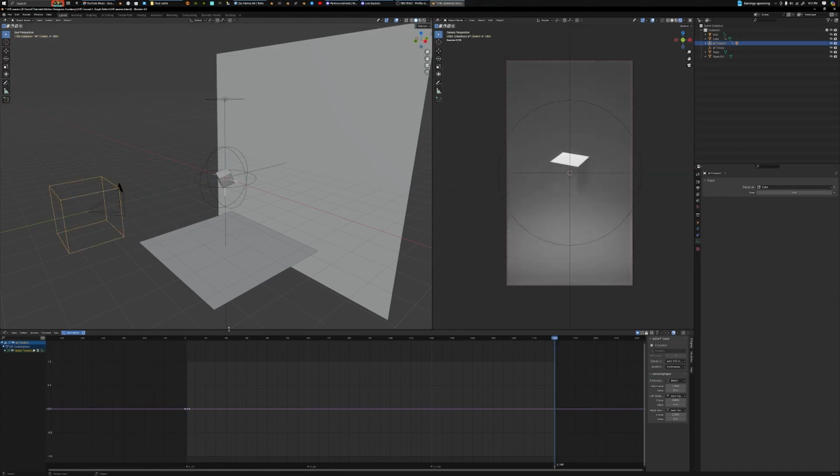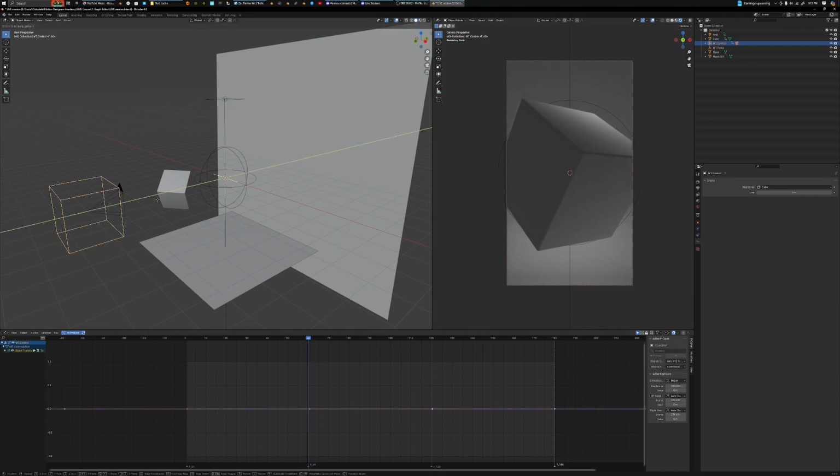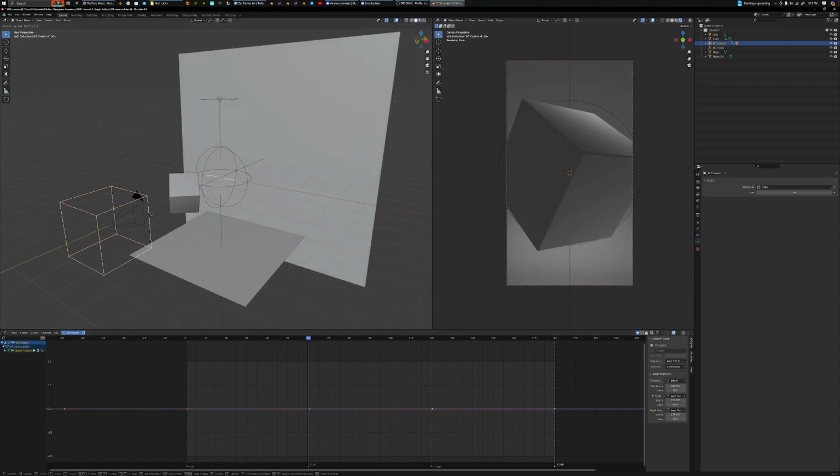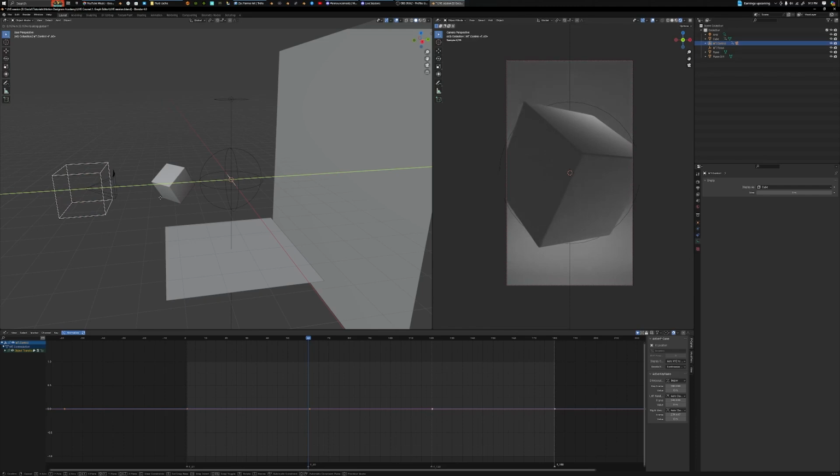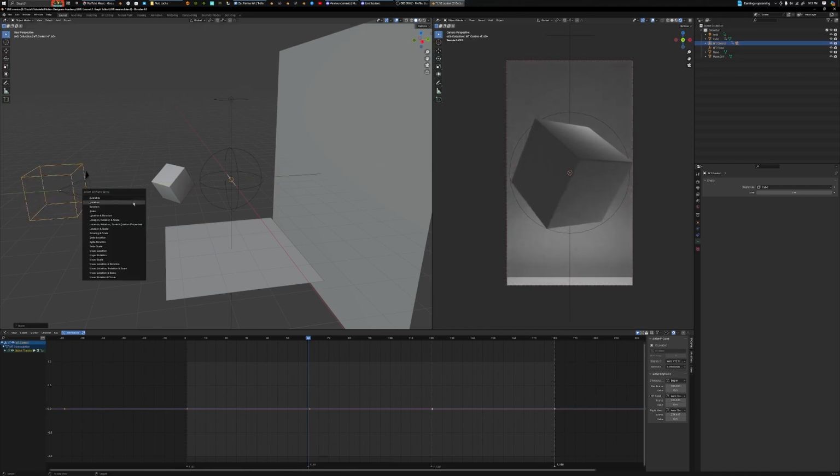Now we're going to go to the end, and again, because it's a loop, we're going to hit I for location, and now, just like that, we already have two of our spots filled, the very first frame and the very last frame. Now, what's up to us is to sort of art direct where we want this camera to move. And I'm feeling the sort of impact from the cube. It's kind of coming at us, right? It's heavy, it's growing, it's coming at the camera. So I'm going to move the camera back,